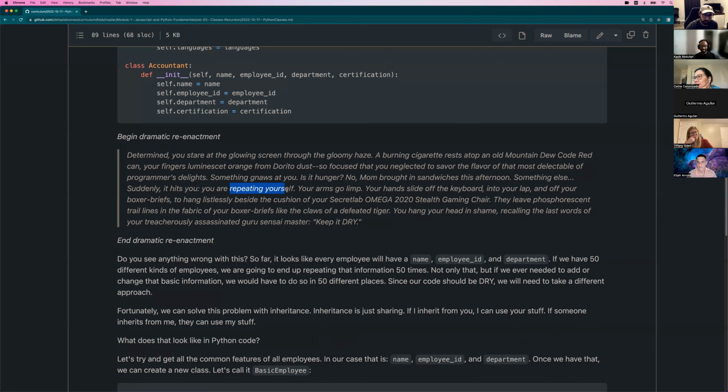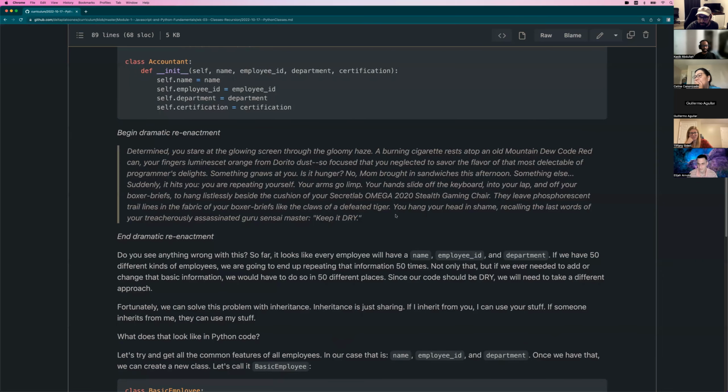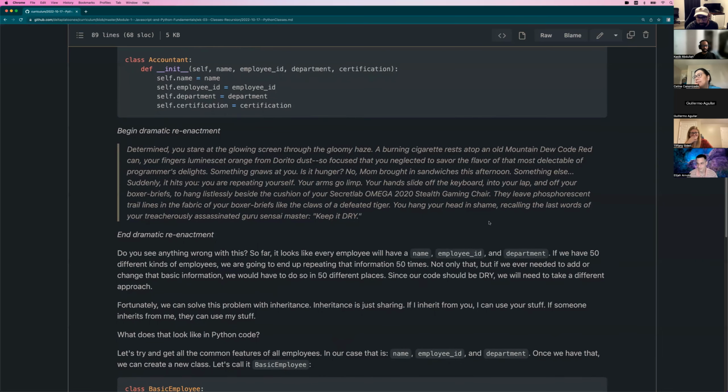You are repeating yourself. Your arms go limp. Your hands slide off the keyboard into your lap and off your boxer briefs to hang listlessly beside the cushion of your Secret Lab Omega 2020 stealth gaming chair. They leave phosphorescent trail lines on the fabric of your boxer briefs like the claws of a defeated tiger. You hang your head in shame, recalling the last words of your treacherously assassinated Guru Sensei master: keep it DRY.